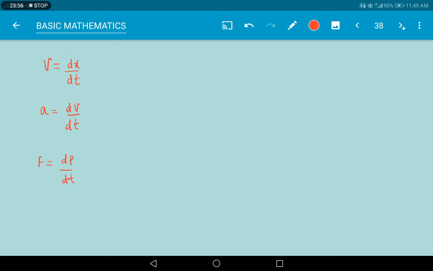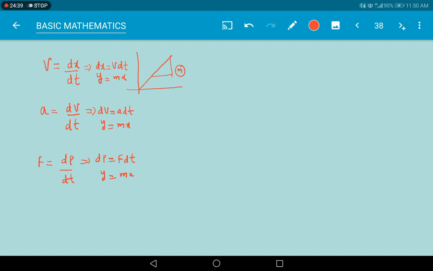Okay? So with the help of this rate, for suppose if you plot a graph, what are you going to get? dx is equal to v into dt, dv is equal to a into dt, and dp equals f into dt. They are in the function like y is equal to mx. Am I correct? So y is equal to mx. If you plot the graph, you are going to get the graph like this. So what is the slope? m is the slope. What is the meaning of that?